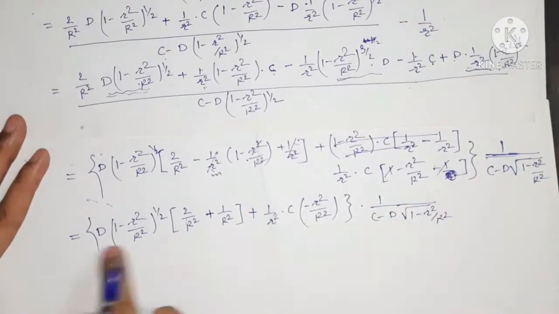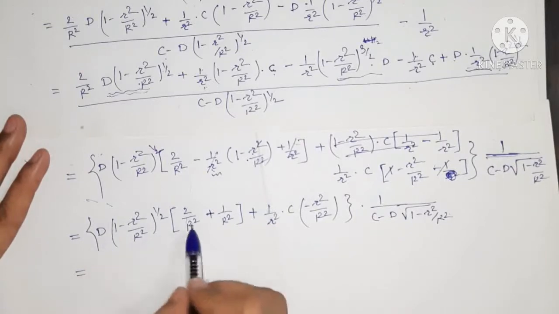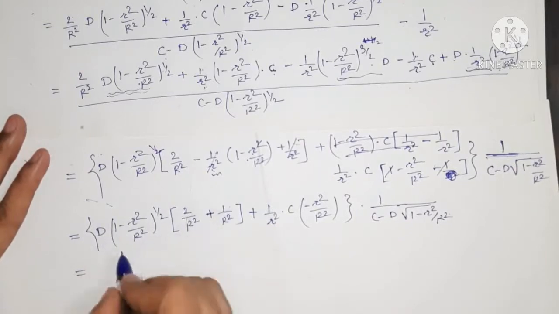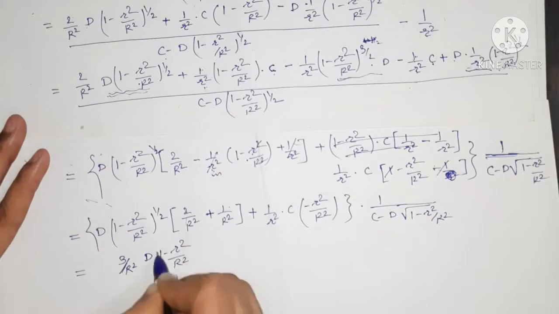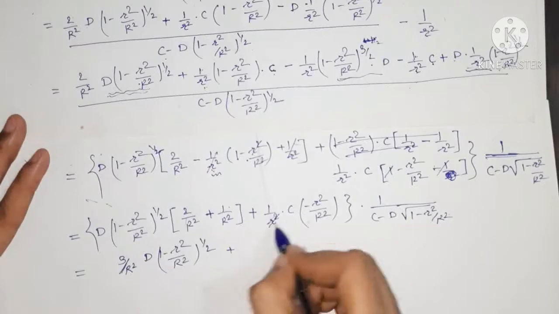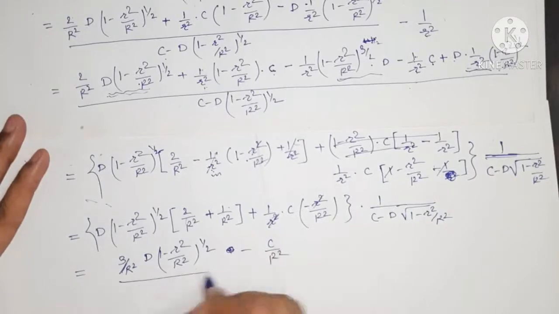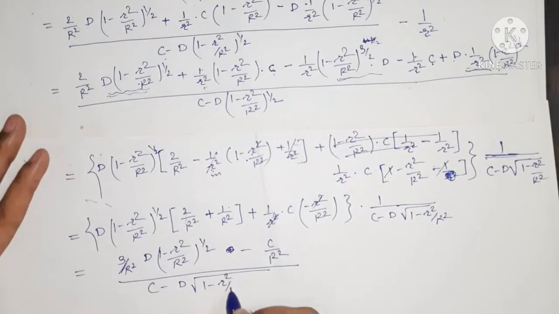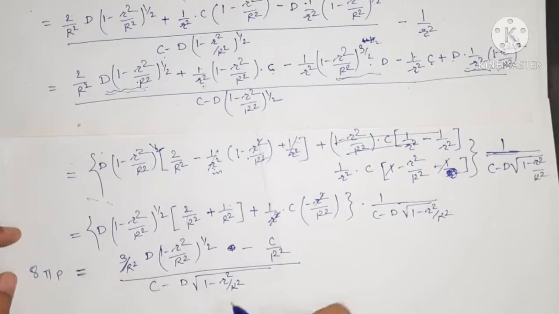That is, this is in the denominator of this, that is equals to, now this can be written as 2 plus 1 is 3 upon r square, so 3 upon r square into d (1 minus r square upon capital R square) to the power half, plus this r square gets cancelled with this r square, so minus c upon r square, in a denominator we have (c minus d) under root of 1 minus r square upon capital R square. Okay, this is 8 pi p is equals to,